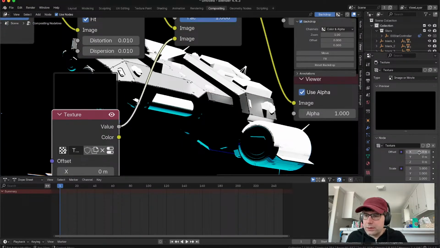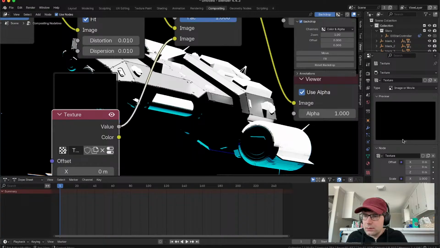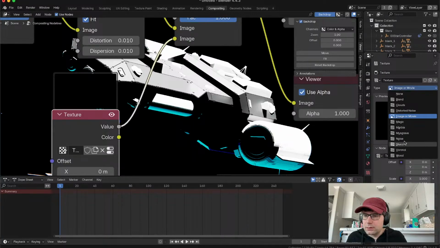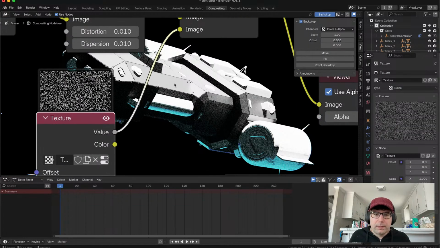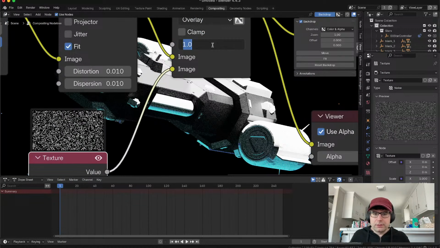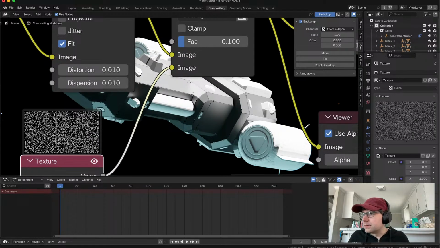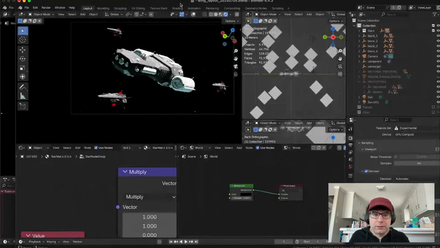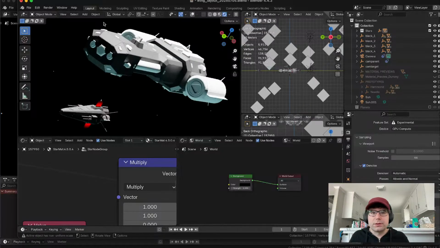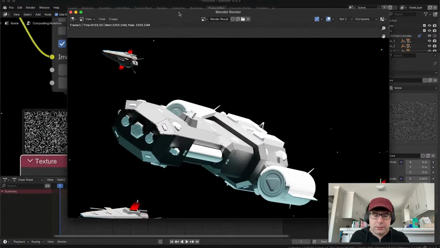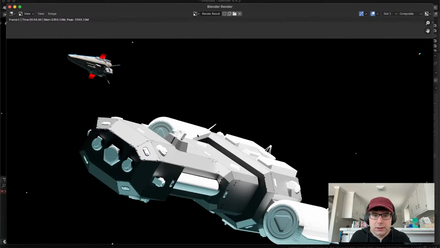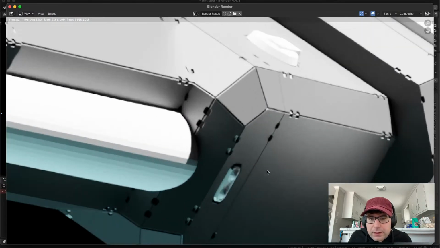And then over here, we can make this be a noise. And then if we lower this factor way down, we get a nice kind of like film grain. And there's probably, whoops, we can actually close this. There's definitely nicer ways to do this, but you get this nice,